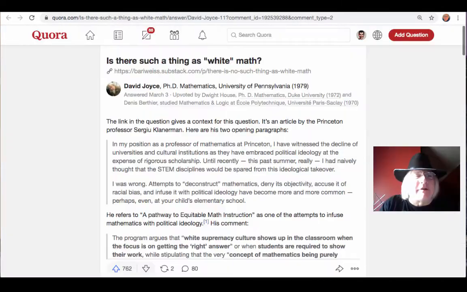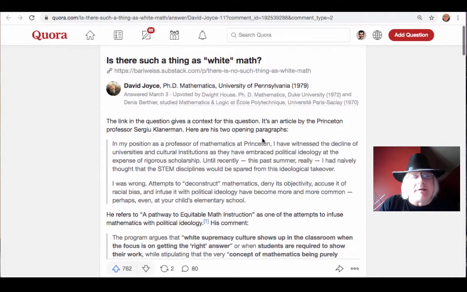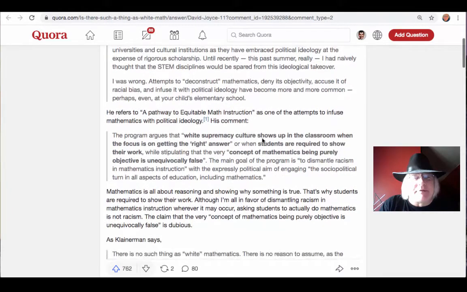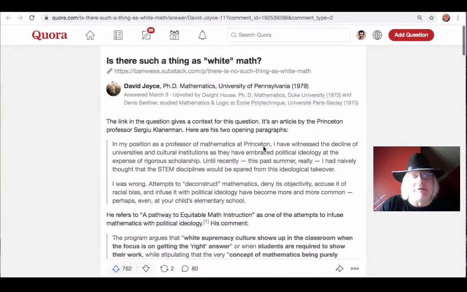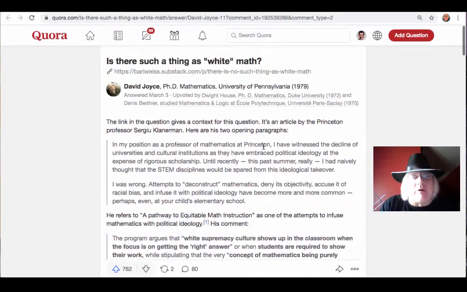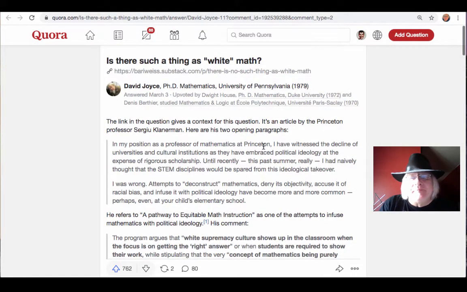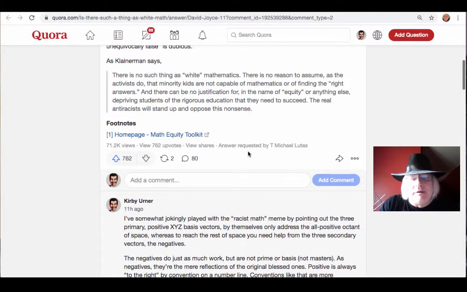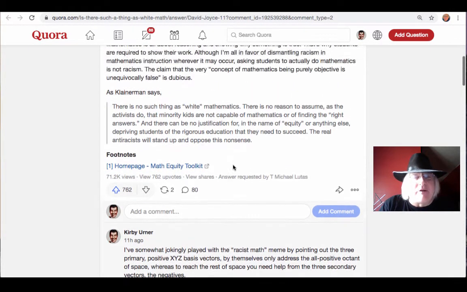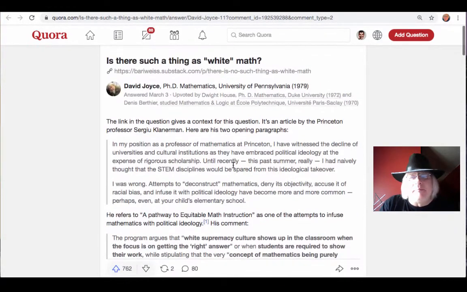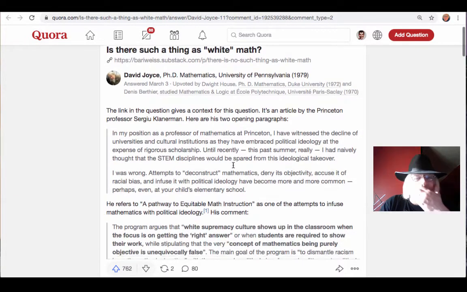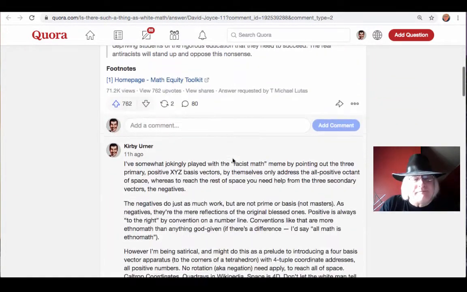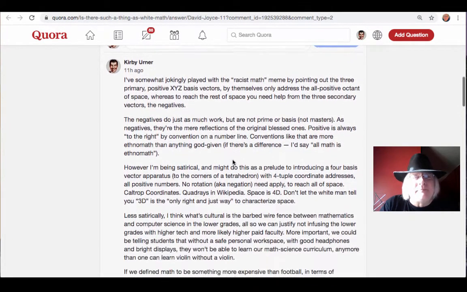On that score, I'll end with a funny bonus feature. Is there such a thing as white math? And this comes from Substack, and it's posted to Quora, and this was posted long enough ago. Where's the date on this anyway? That it's collected a lot of comments by now, right? I still don't see a date. I don't know how long this has been posted, but I decided to weigh in, and I say,